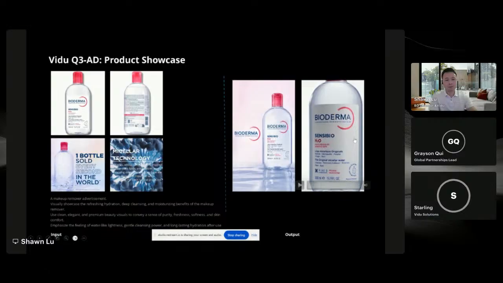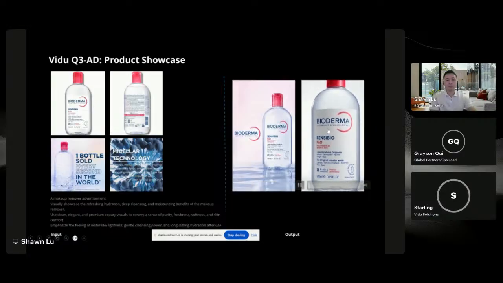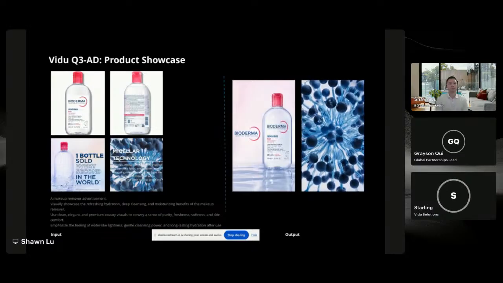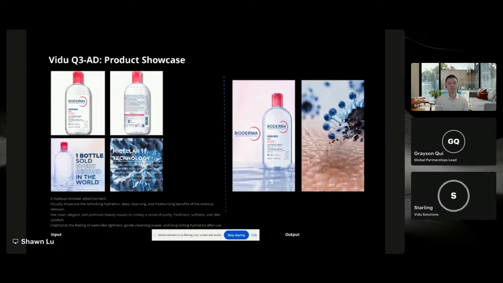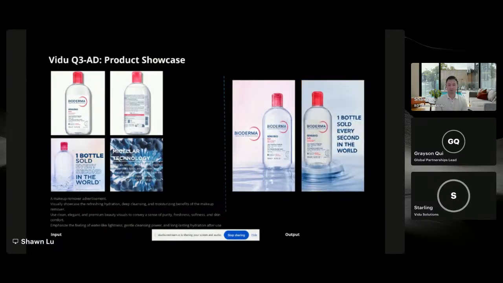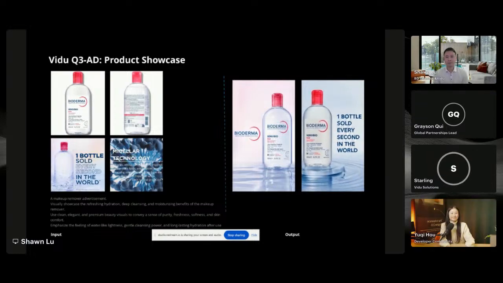First, our model will understand that this is a makeup remover, so it will showcase a person removing the makeup on her face. And because the prompt hints the model to showcase how moisturizing this product could be, the video will also showcase the skin of the character after they use this remover. The skin is still very fresh and healthy.